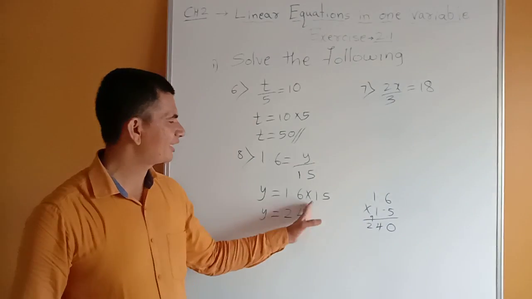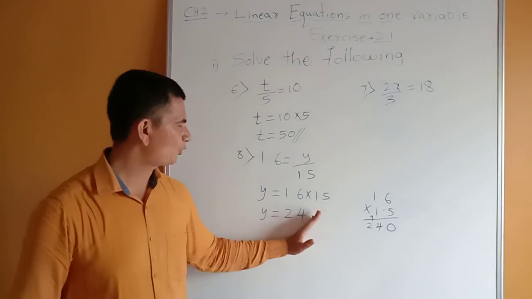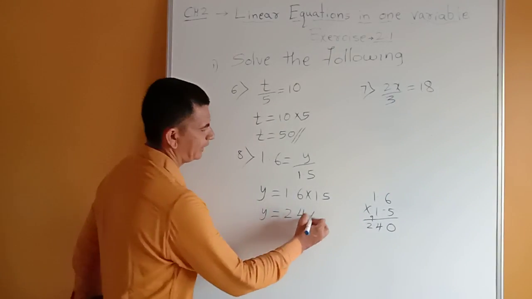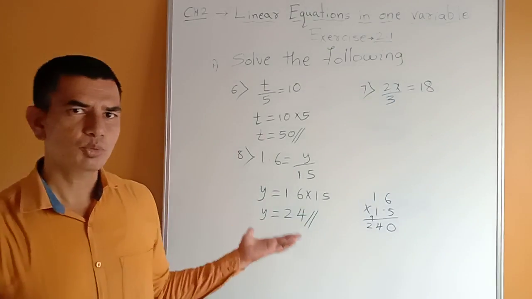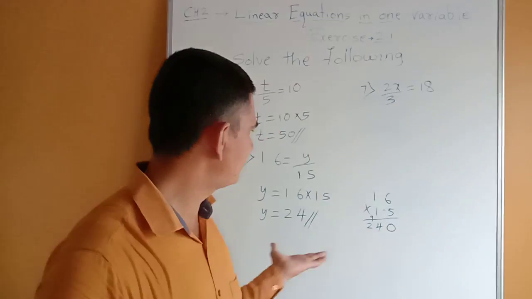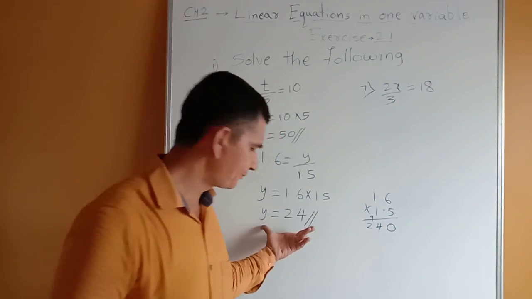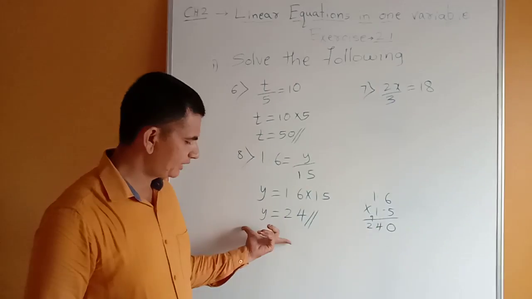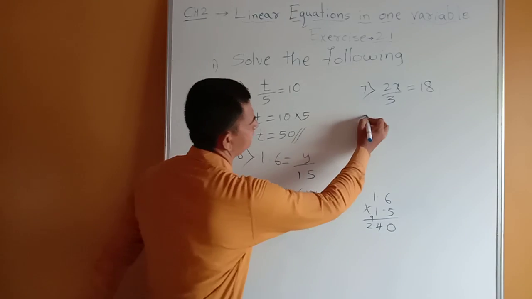Here nothing is there means 0 is there, so I have not written it here, don't confuse. Now y is equals to 2.4. We got the answer here, y is equals to 2.4. Whenever they give decimals, we have to do like this. Okay students, understood? Now question number 9th.